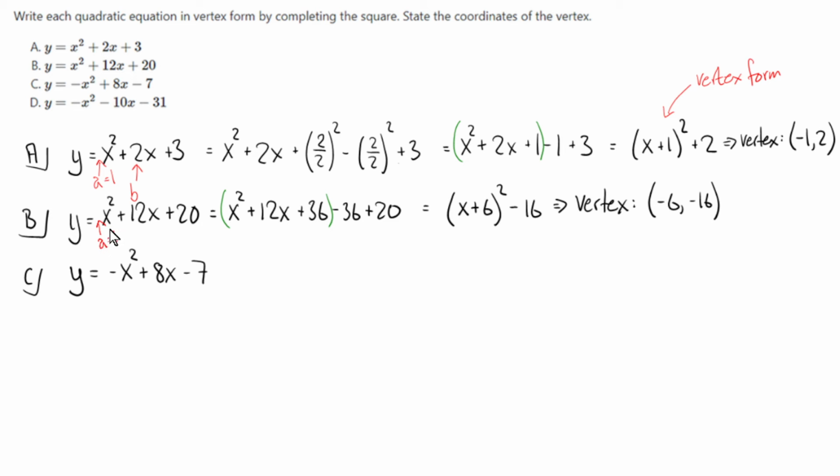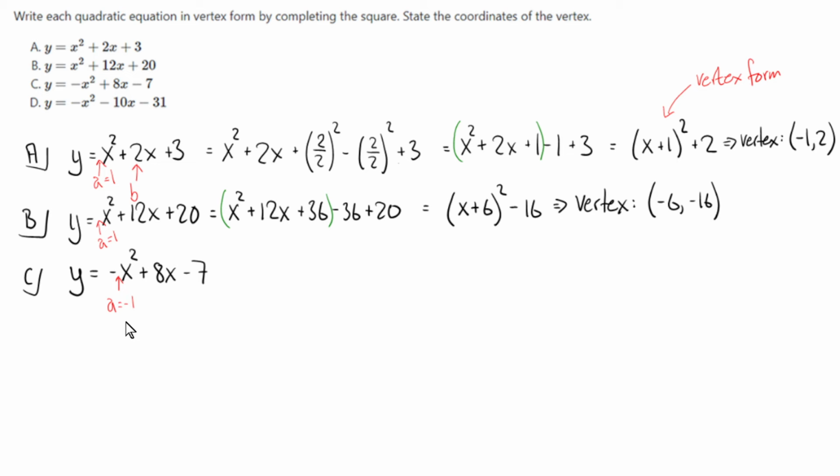And when that is the case, completing the square just follows the procedure we did in both a and b. In c, our coefficient a equals -1, which means that what we want to start by is to